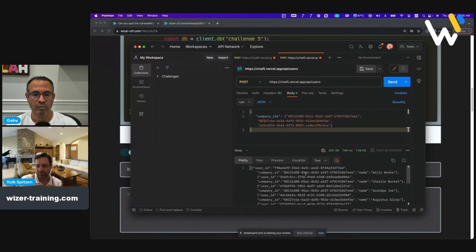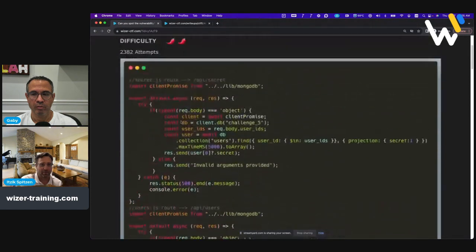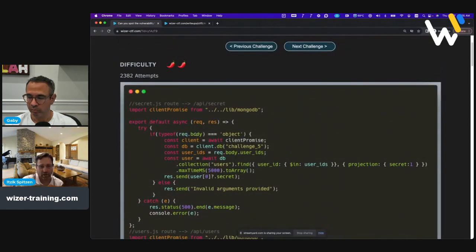And guess what? Here's the company ID, and here's the user ID for Mr. Willy Wonka. With that, if I go back to the code, I have this API that is called secret. The route is secret.